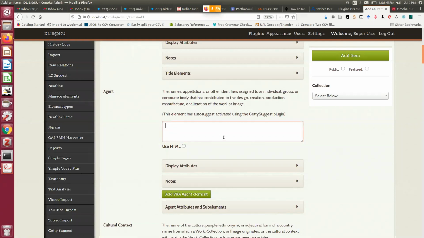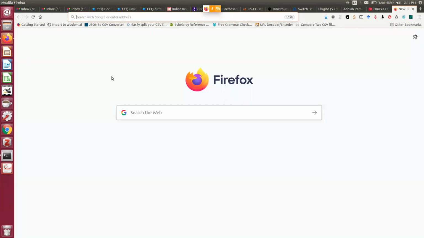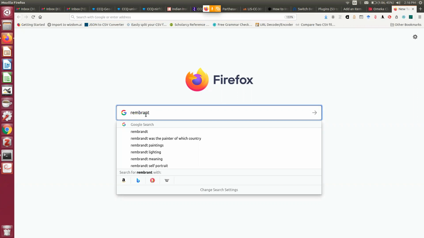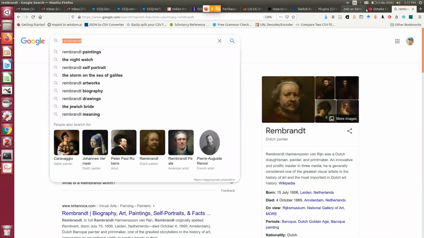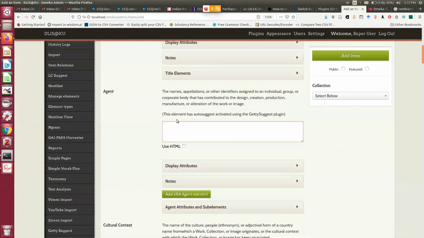So let me search some of the foreign artists, like Rembrandt, exact spelling I don't know. Say Rembrandt. Let's see what happens. So it is trying to make a query to the Getty Thesaurus.